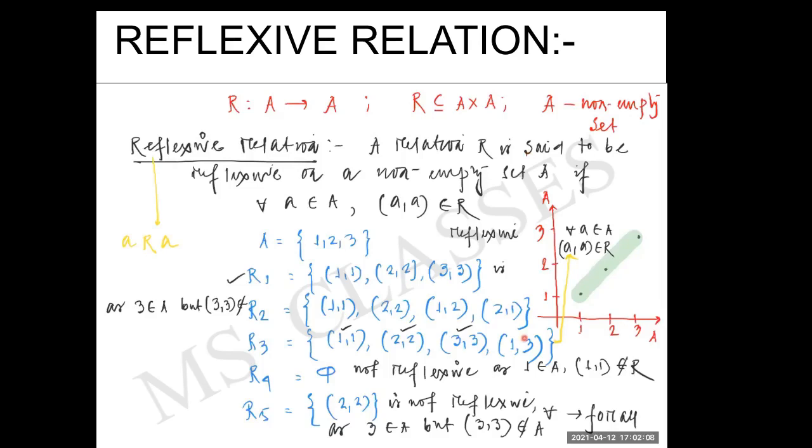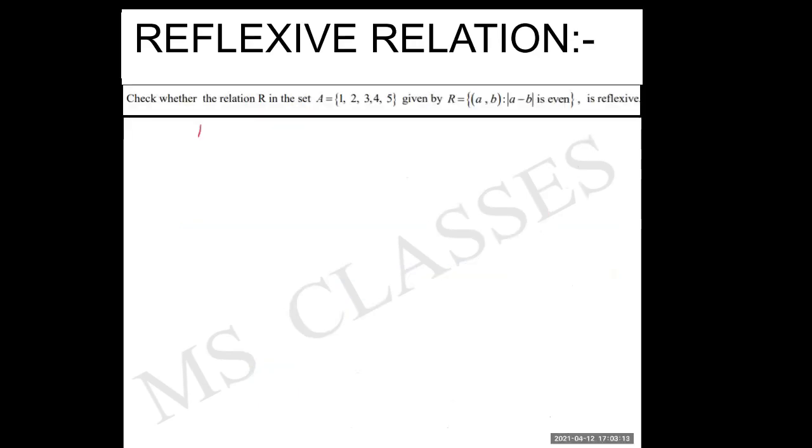So this is just the brief idea of what a reflexive relation is. Now, I think all of you have understood the definition. What is the definition? Whatever element you have in A, for all of them you must have (a, a) in R for the relation to be reflexive. Now, there is set A having 1, 2, 3, 4, and 5. Here R is a relation, children, from A to A. R is a subset of A cross A.